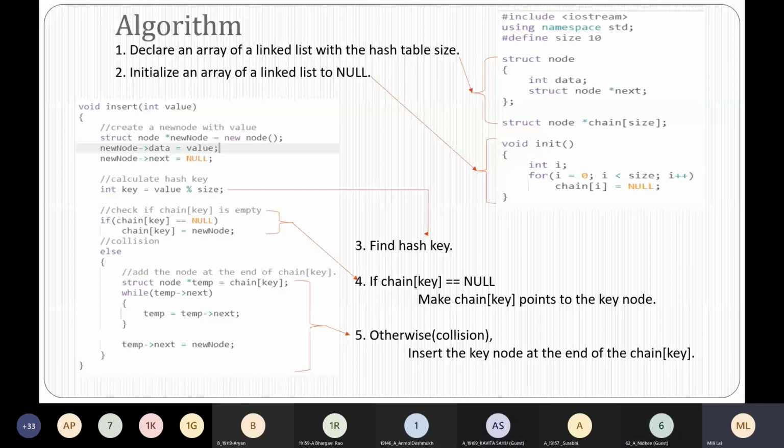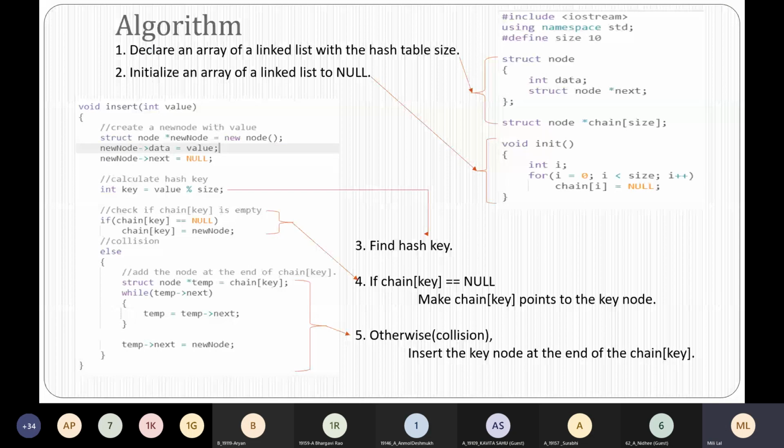So we were talking about the different collision resolution techniques. Can somebody just list out the collision resolution techniques which we had discussed in the last session? First is chaining and the second is open addressing. Yeah, so we were talking about chaining or open hashing. We were going through the algorithm and we didn't complete it, so I'll just explain it once again.